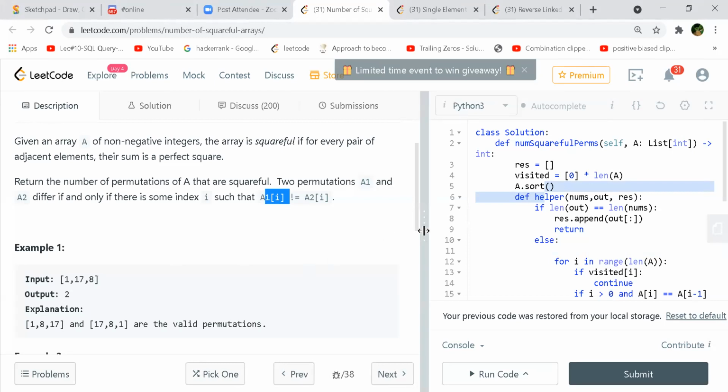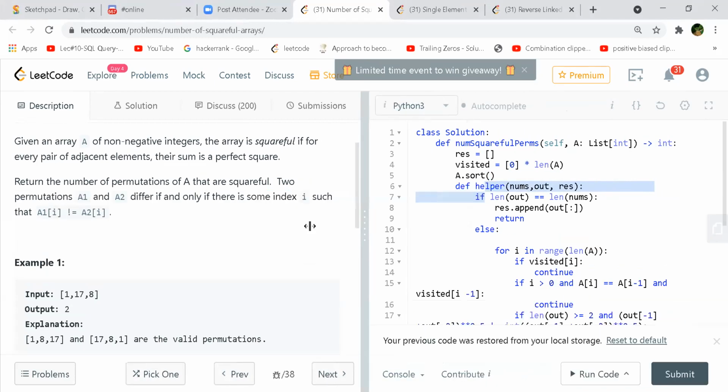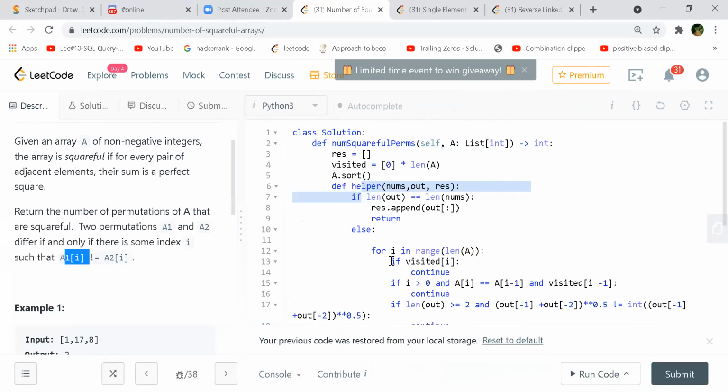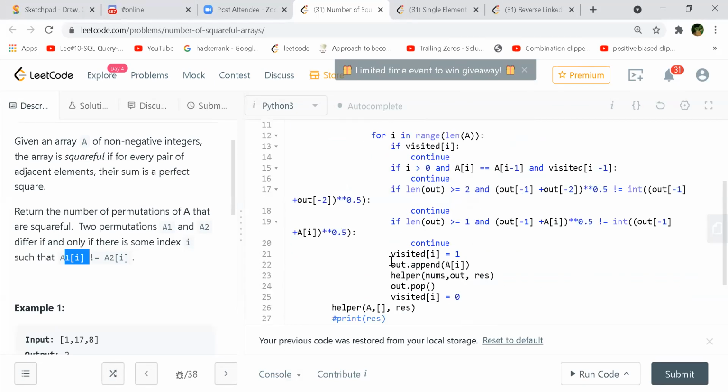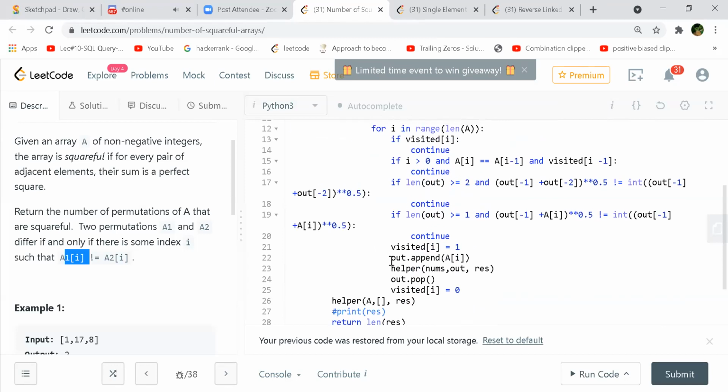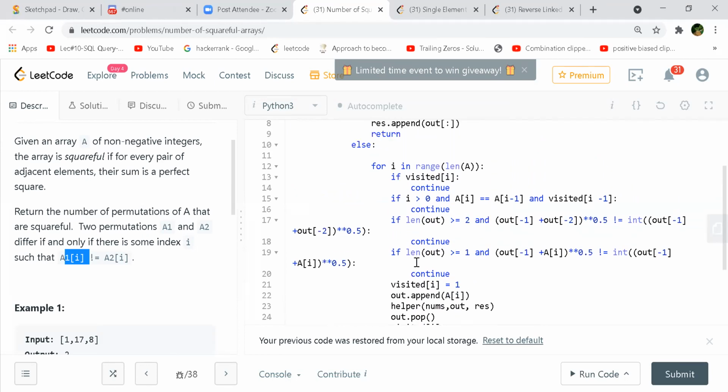So what's the time complexity in this case? It will be exponential, right? Because sorting will be n log n, and on top of it, I'm using backtracking. But if you use that visited array, the way you are doing it, that's the memoization sort of, right? So yeah, it might reduce from exponential. It might be something like n square, or no.